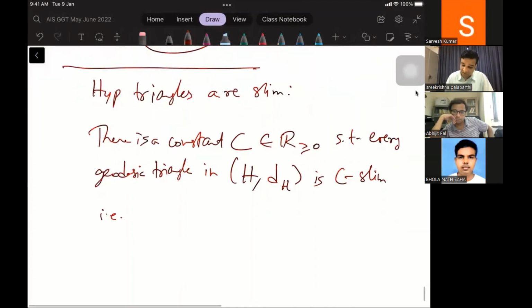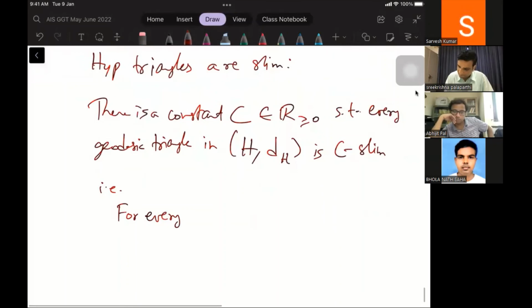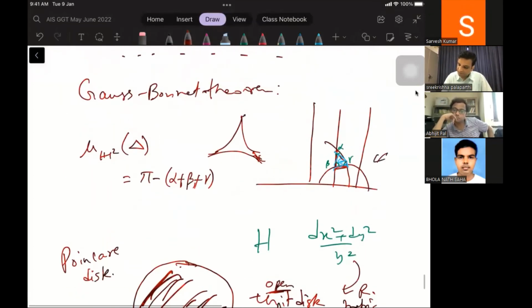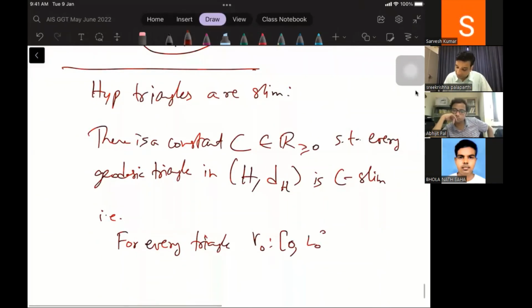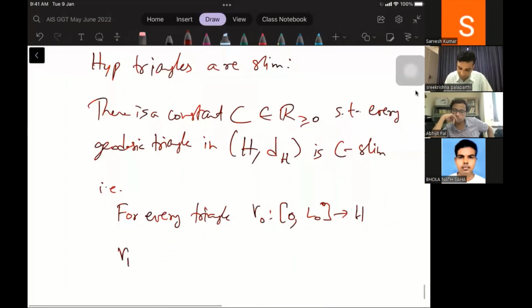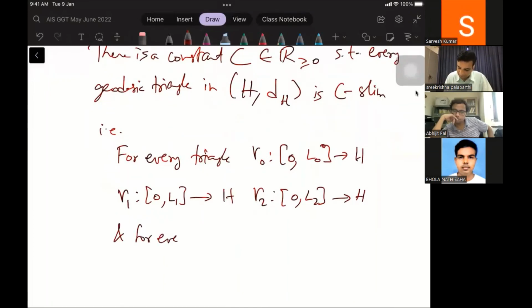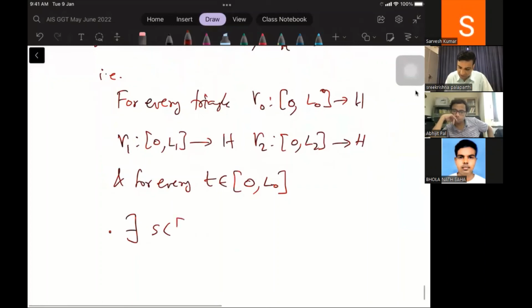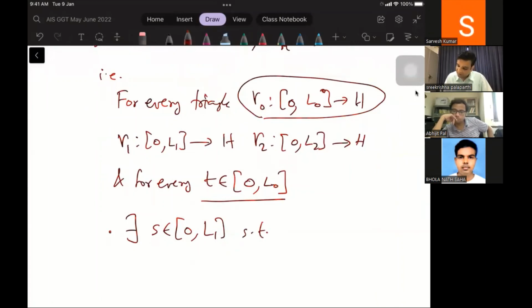C slim. It has the following property for every geodesic triangle. So it's made out of 3 straight lines, like I have pictured here. Gamma naught from 0 to L naught to H, gamma 1 from 0 to L1 to H, and for every T belongs to 0 L naught, there exists an S in 0 L1 such that the hyperbolic distance between gamma naught of T and gamma 1 of S